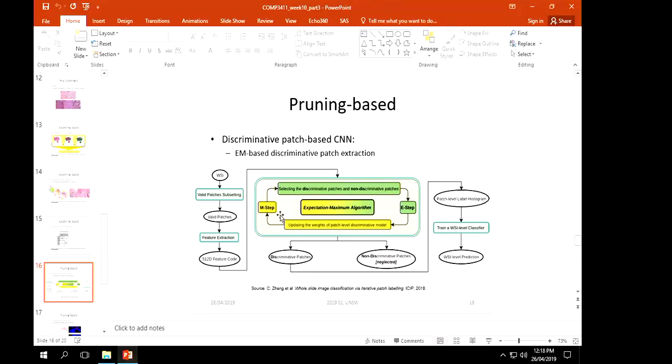One way is an expectation maximization approach. I guess you wouldn't know about that. It essentially means an iterative approach, with an expectation step and a maximization step, similar to k-means clustering. You start by using all the patches to train the network, using the image level label as the patch level label. And once the network is trained, based on the classification output,